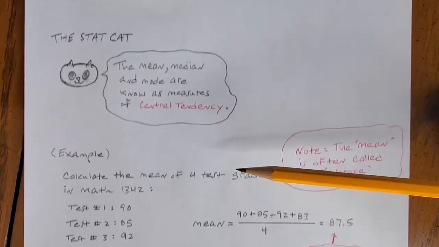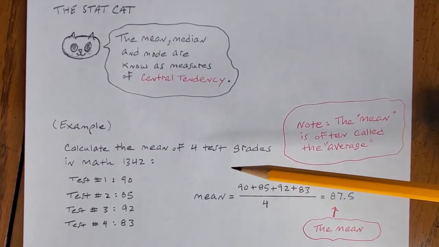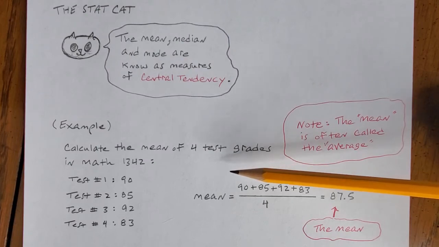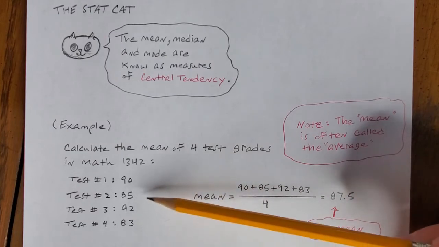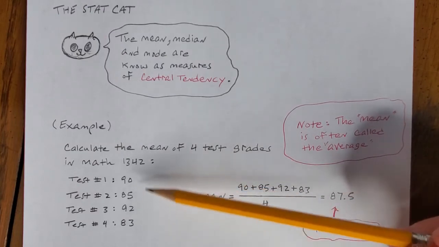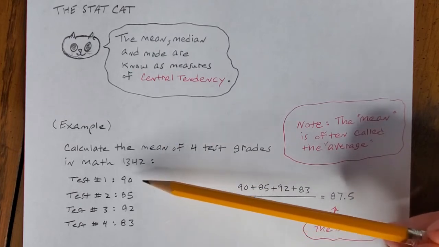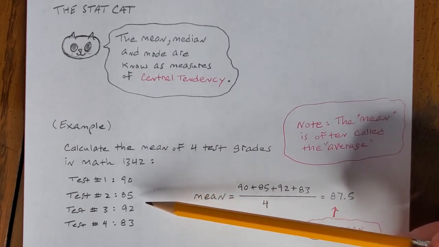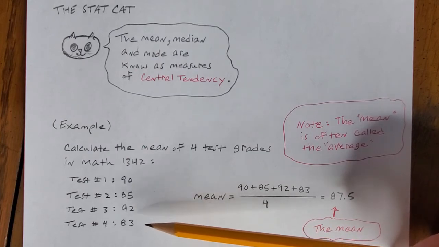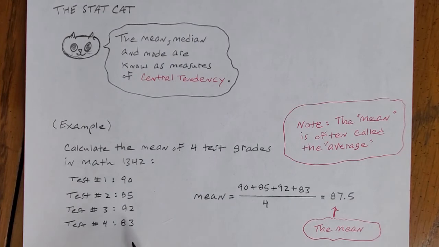All right, so let's take this first example. Remember, when we do statistics, we almost always start with the raw data, okay? So let's say the raw data this time are the 4 test grades in statistics class. So say a person has these 4 test grades. Test 1 was a 90, test 2 was an 85, 3 was a 92, and then test 4 was an 83. So as far as these numbers go in this data set, the way that you calculate the mean is